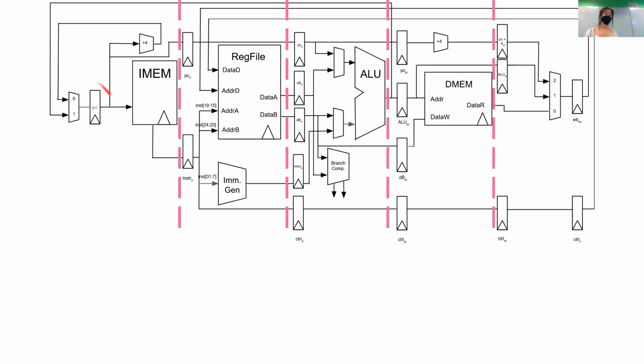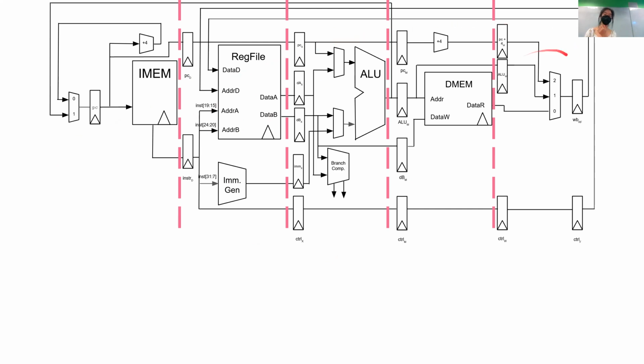So the bits that are needed, so PCD and then the instruction itself, get passed in here. And then we load the next instruction, so instruction 1. At the next clock cycle, instruction 0 gets passed over here. It has all of the values that just got broken down, and so it can do whatever it needs and execute. Instruction 1 now gets decoded, and then instruction 2 is fetched from memory. And so on and so forth